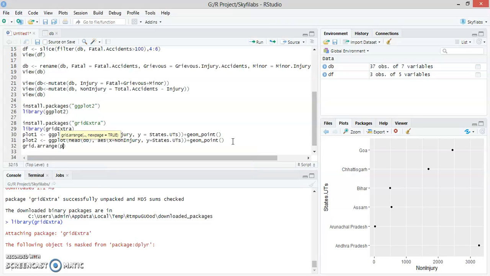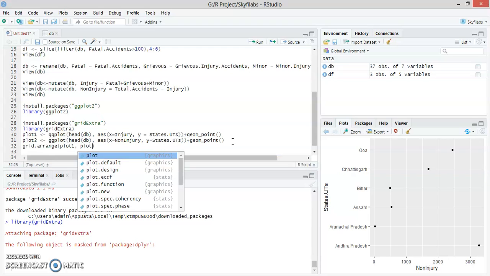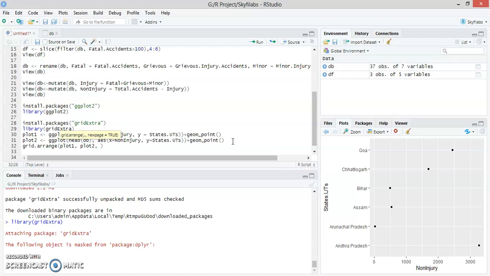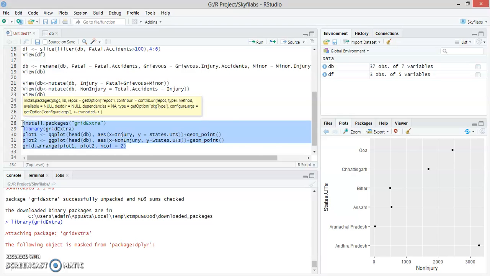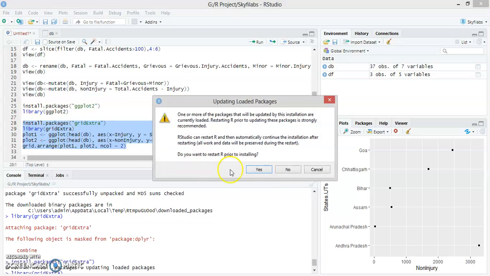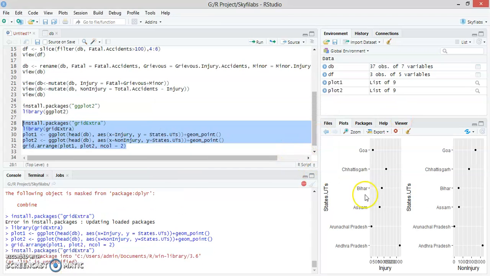In this we use the first plot, plot1, comma the second plot, plot2, and because we want to show them in two different columns, we are using number of columns as 2. Now we can run this particular command.